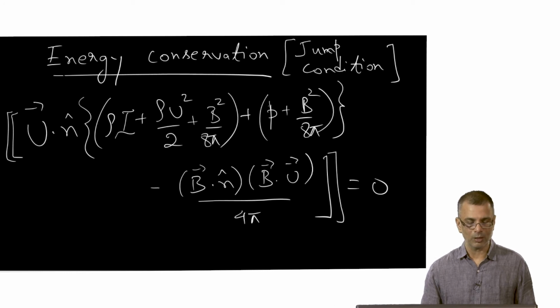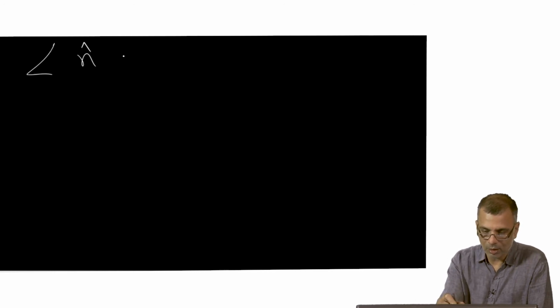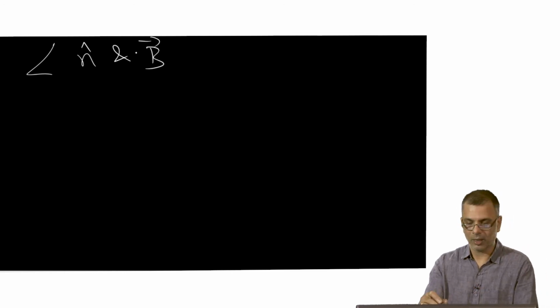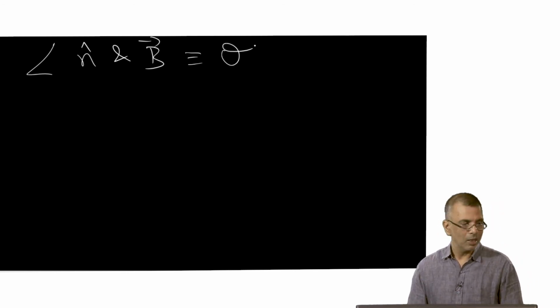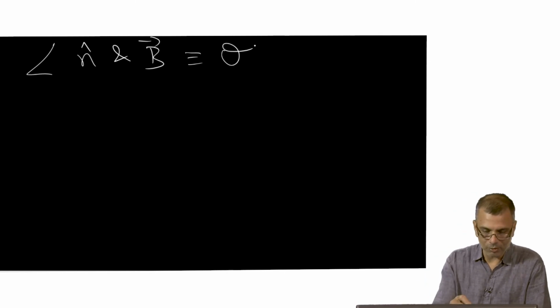This all looks a little forbidding, and how does one proceed, right? The way one proceeds is by doing the following. First of all, n is the shock propagation direction, of course, and the angle between n and the magnetic field we define as theta. Okay, right. So theta equals 0